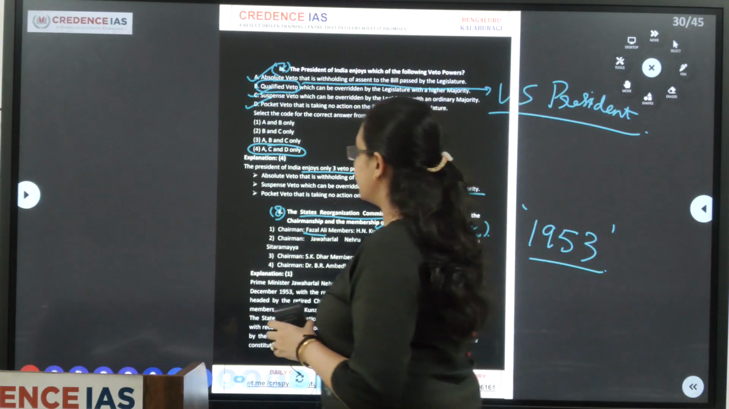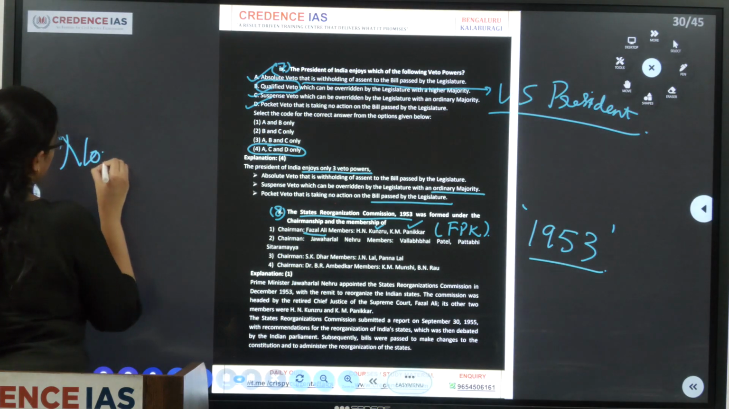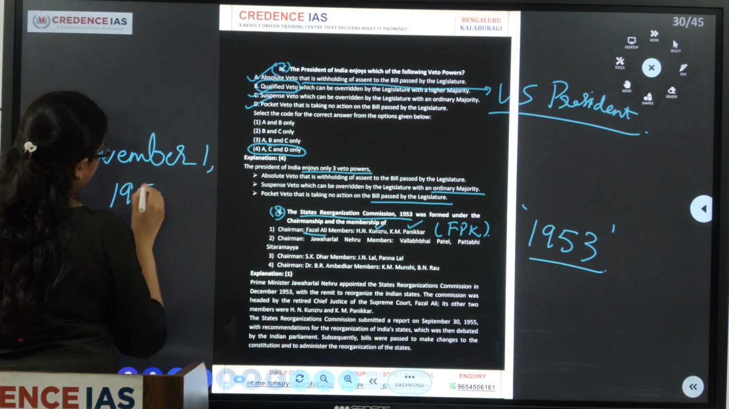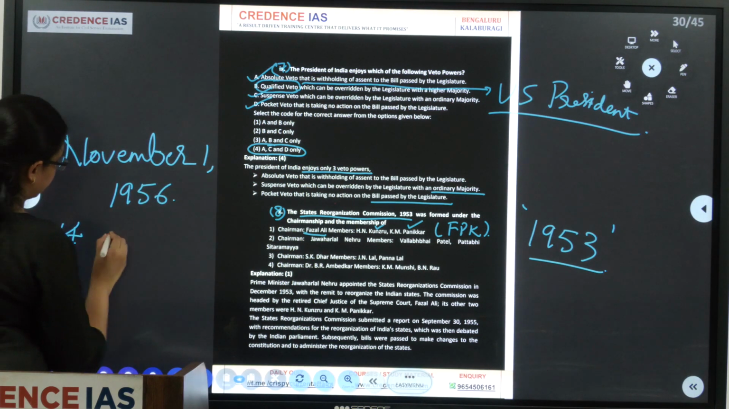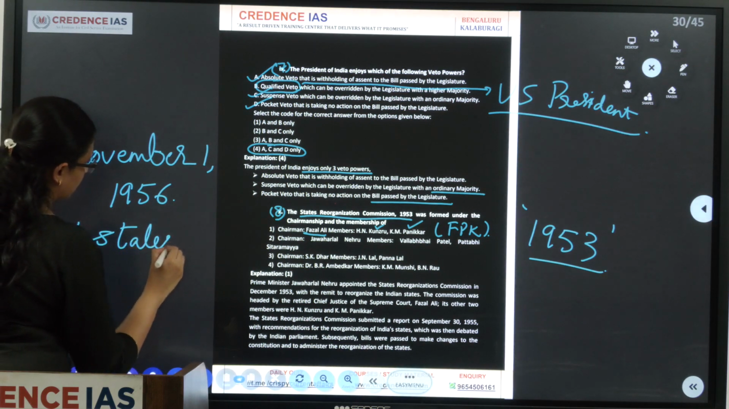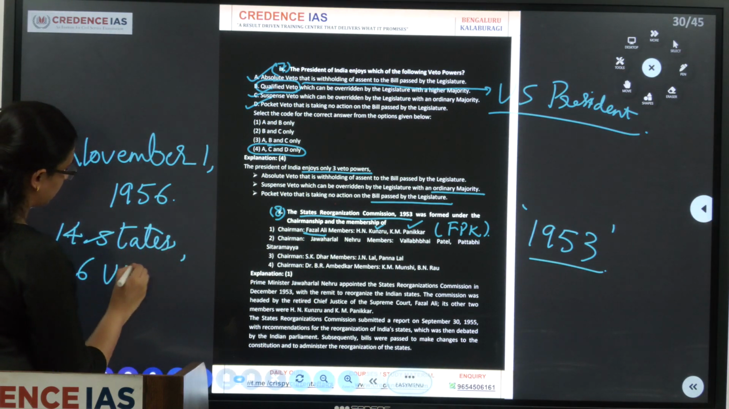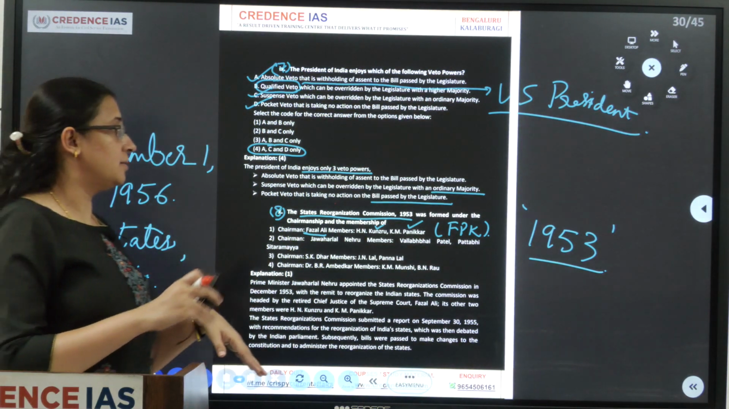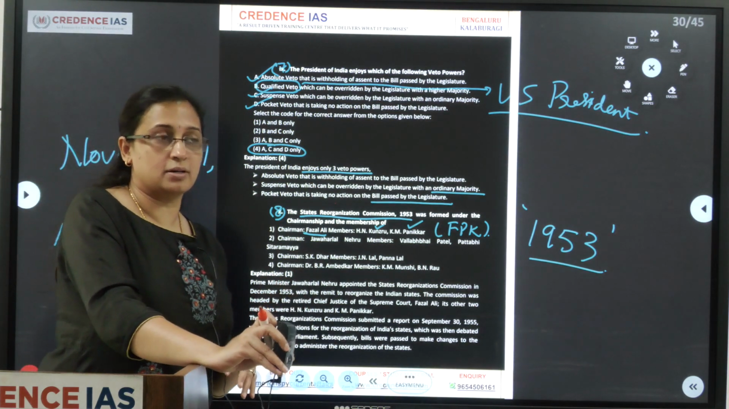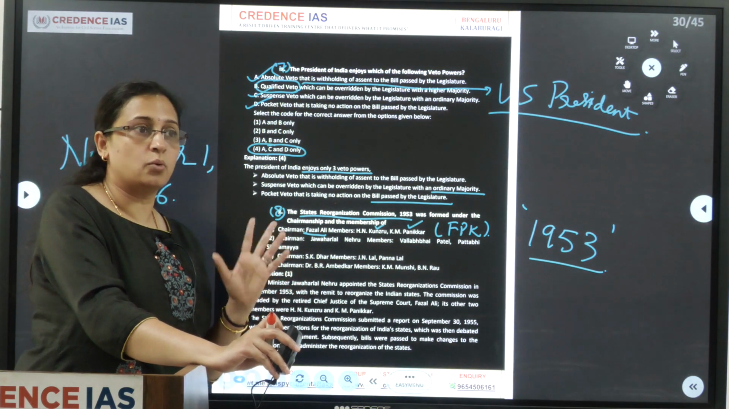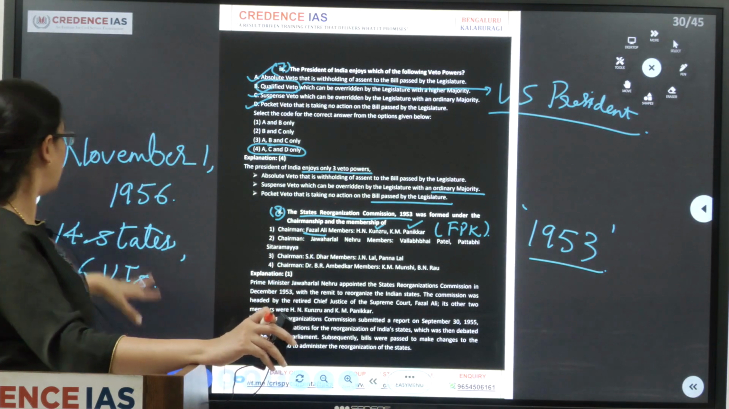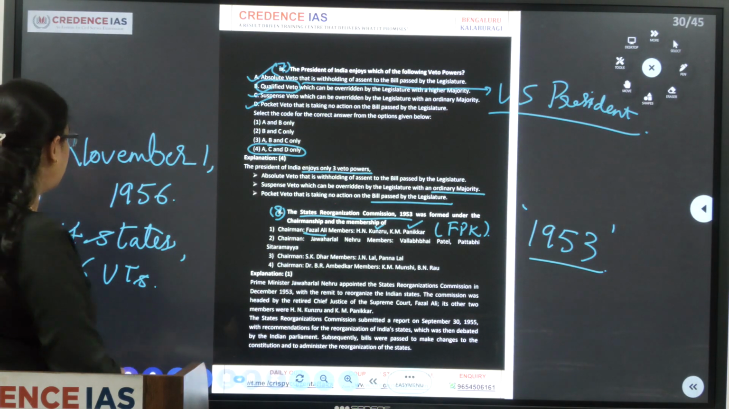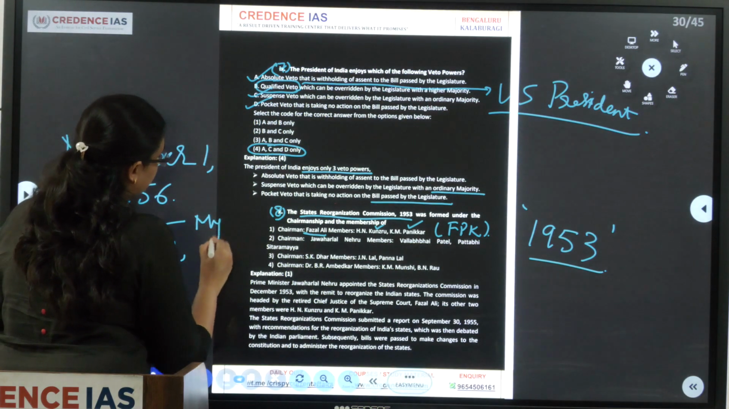of the states. Hence, based on the report of the FPK committee, on November 1st, 1956, 14 states and 6 union territories were created. Though the committee recommended language as one of the criteria for the reorganization of states, it did not approve the one language, one state basis. So on November 1st, 1956, 14 states and 6 UTs were created, and out of the 14 states, Mysore state was one,